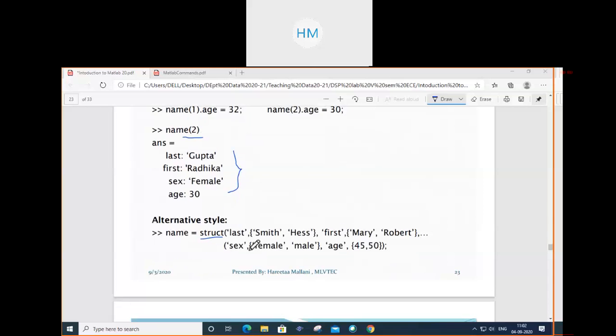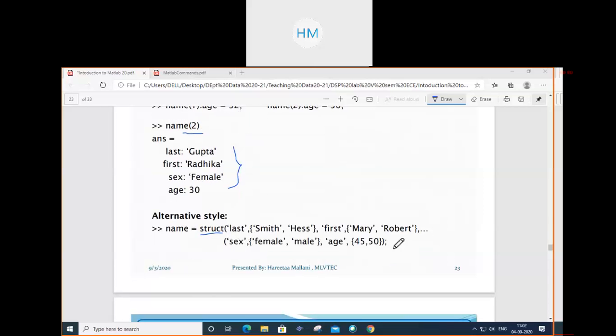Alternative style of writing a structure. It is not compulsory to remember all the syntax. While practicing, while writing programs continuously, you will come to know how you have to write. Otherwise, use the help menu. You will get many simplified examples. From there, you can write your own program. You can see the syntax of all instructions used in MATLAB.